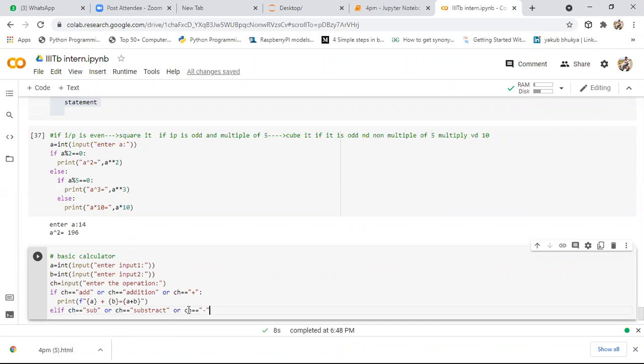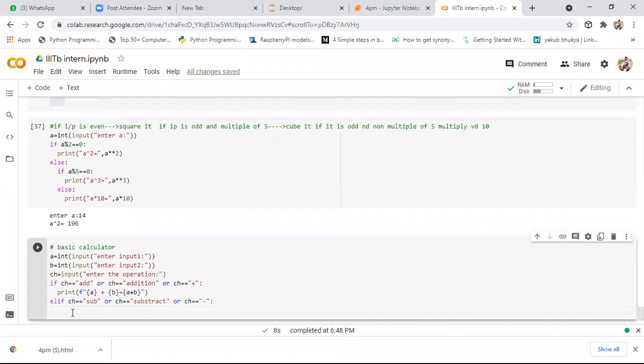If you specify any of these characters, here it needs to perform the subtraction operation. Simply I'll copy paste the same thing, and here I'll modify the symbol to the minus symbol. After that, here I will specify the operation also, a minus b only.